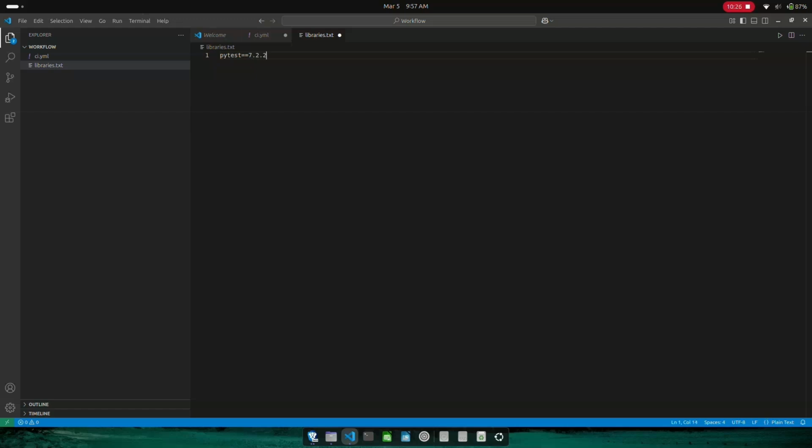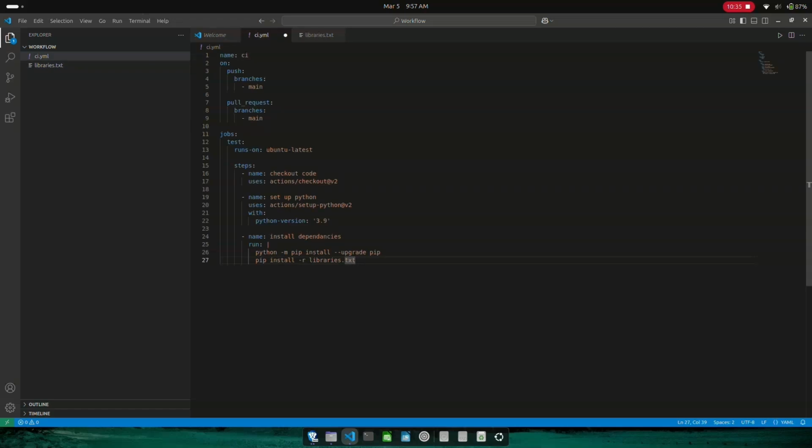So this is the version of pytest that I want to install, and let's save it. So basically, this job is to install pip first of all, and then we'll use pip to install whatever we have read from the text file called libraries.